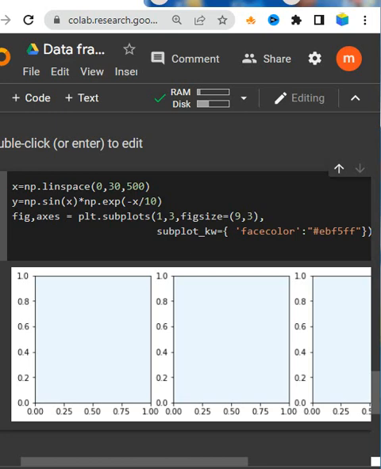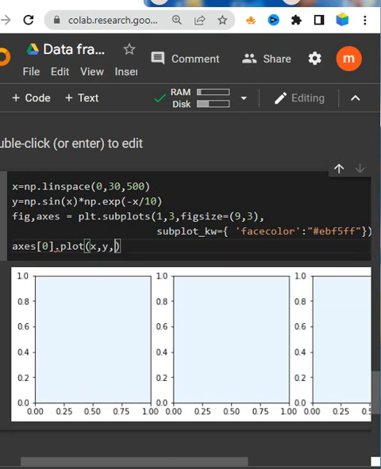So I am going to write here next axis, AXES, and look here, square brackets, and you are putting here the 0th. So this one is the 0th row, 0th column, and you need to plot here dot plot. What do you want to plot here? So let's see the plot. I think x comma y